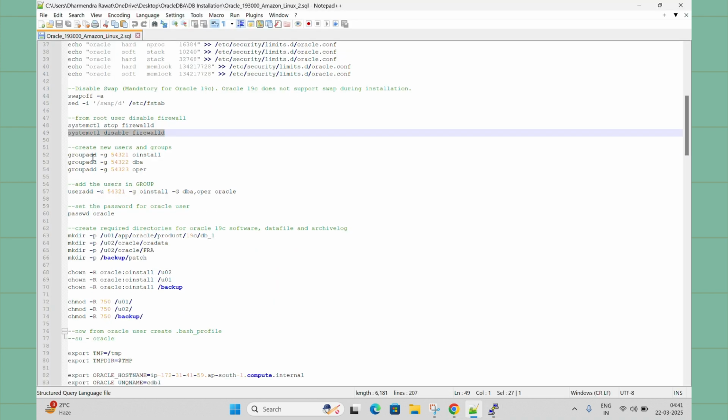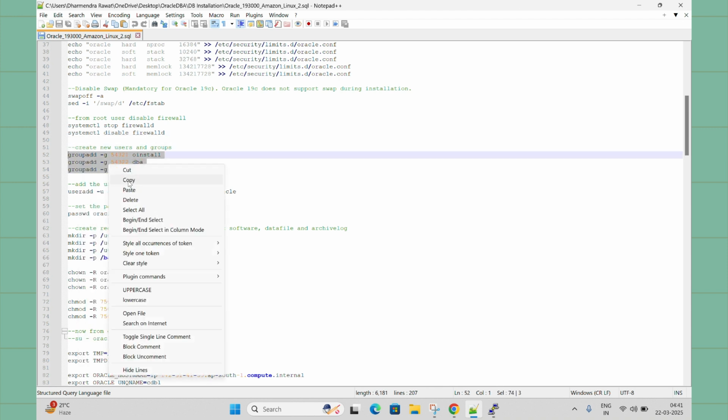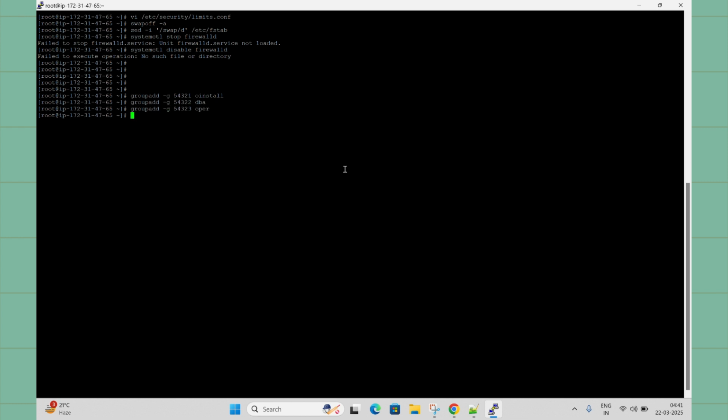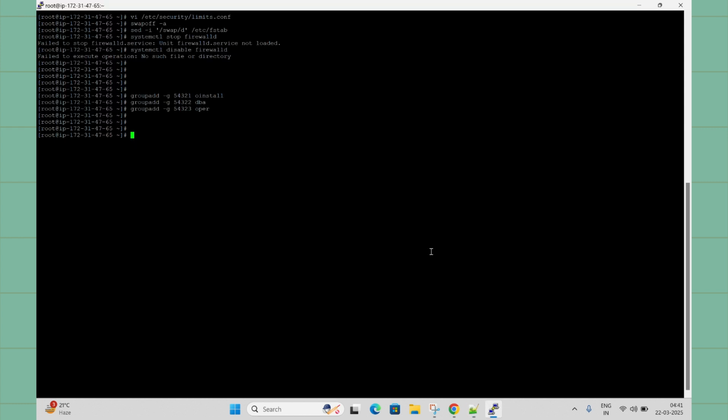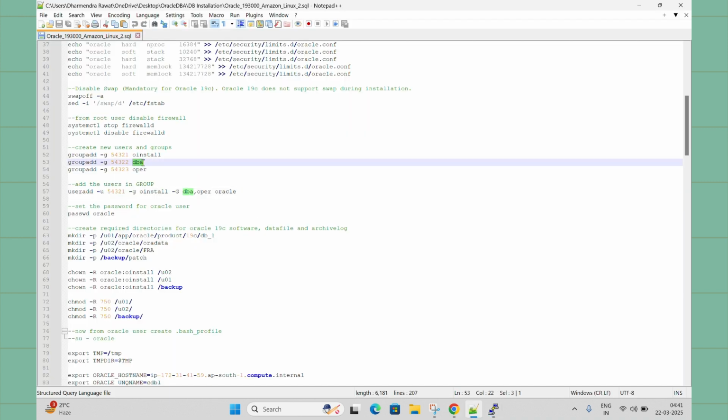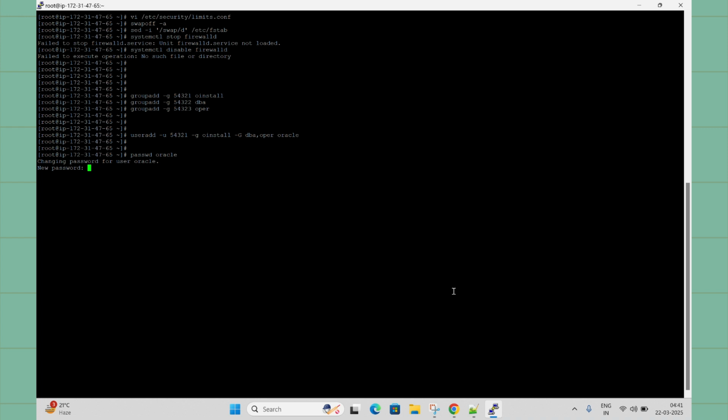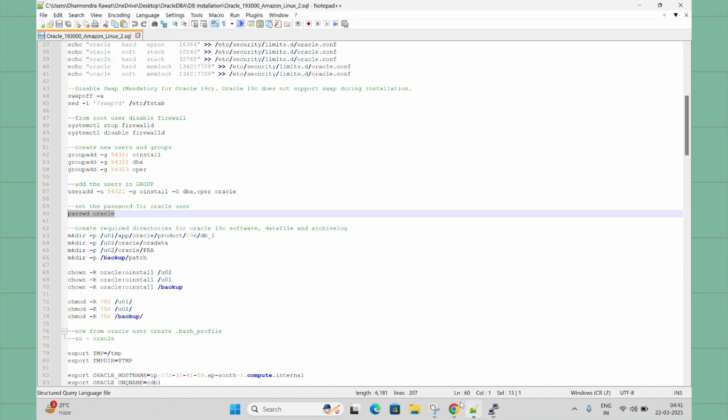Now what we need to do, we need to create some groups to install Oracle database or install DBA, but these groups need to be created first. Okay, from root user only. So groups already created. Now we will add the users in these groups, like DBA and other users, Oracle users. Now groups already created and user already attached to those groups. Now we will set the password for Oracle user first. Right, it will ask for the password, so you can put any password which you need to remember. Okay, so Oracle user password already set.